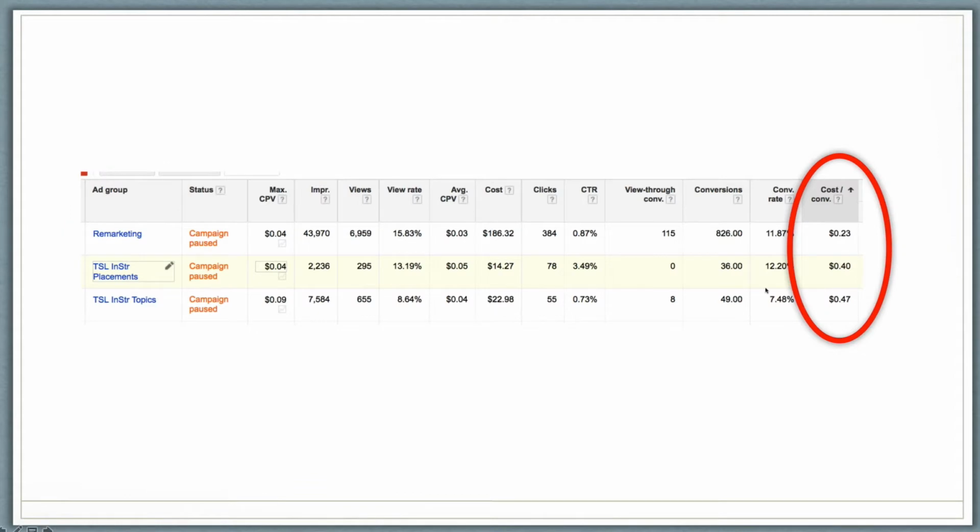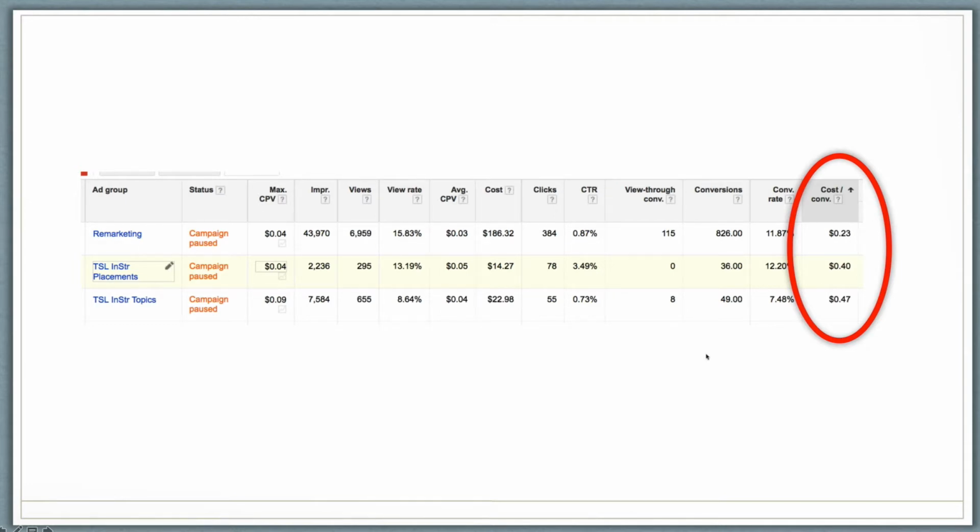Now, a lot of people always ask, that's great, but do those cheap views turn into sales? And the answer is yes. So this right here, this is a conversion column. And basically what this means, a conversion is when I made a sale or had somebody sign up to my email list, or basically one of the people who watched my ads took my desired action. Well, right here you can see 23 cents per conversion, 40 cents per conversion, and 47 cents per conversion. Very, very cheap for conversions, considering on Facebook, a lot of times you'll pay this much for a single click.